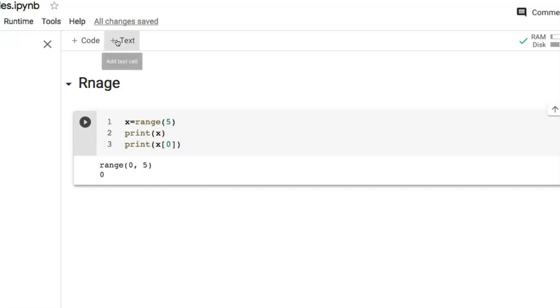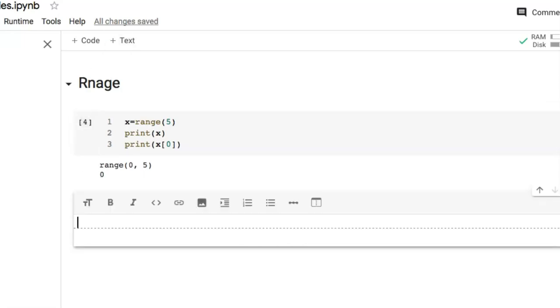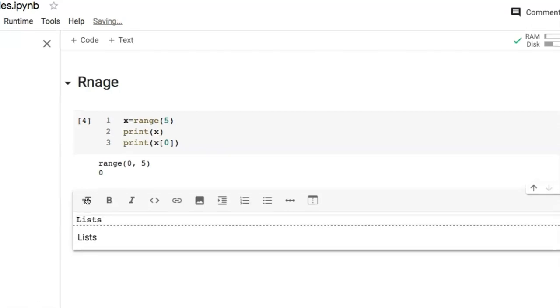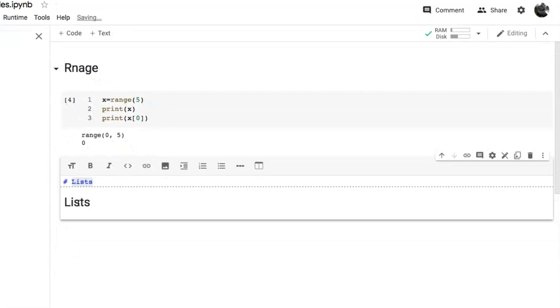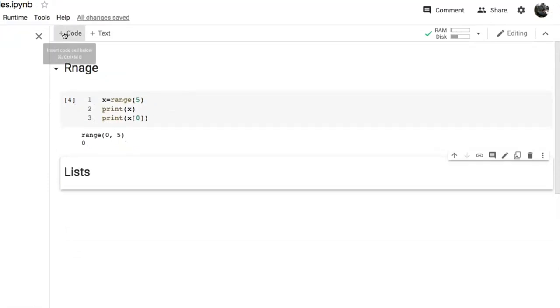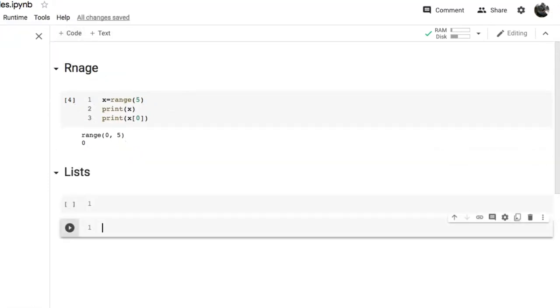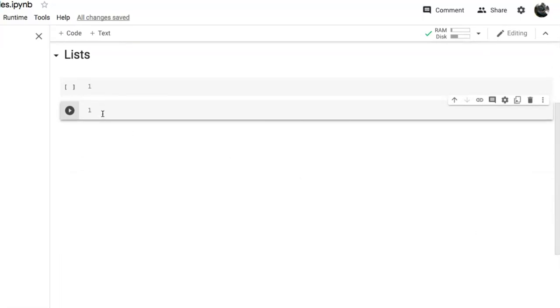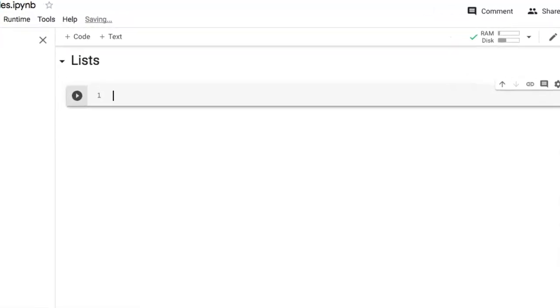Now let's take another text cell, and this text cell is for list. Here we'll try programs for list. Take a code cell and start writing program. So first scroll it down and write your code here.